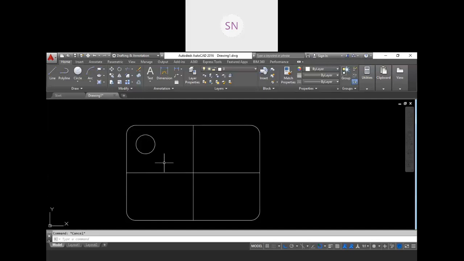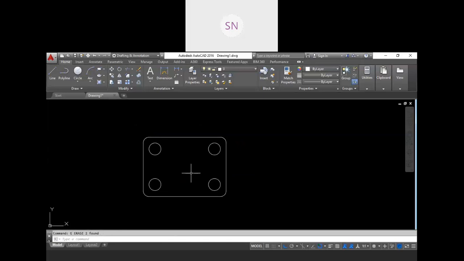But let me do other commands that we will discuss today. We have mirror also, so you can mirror it like this, right? We have copy also, so you can do the copy also. So I will show you this command, but without this command it is also possible to create this thing, right?